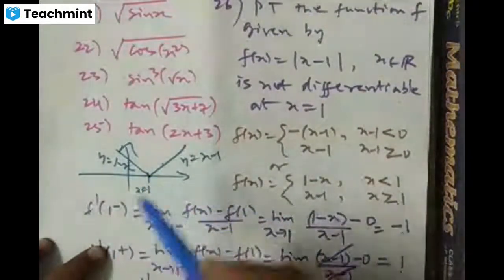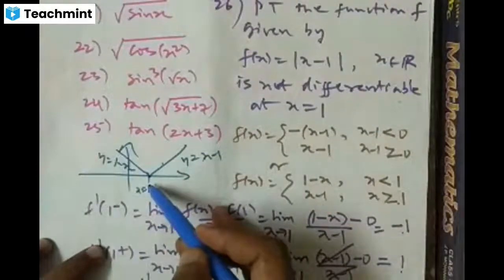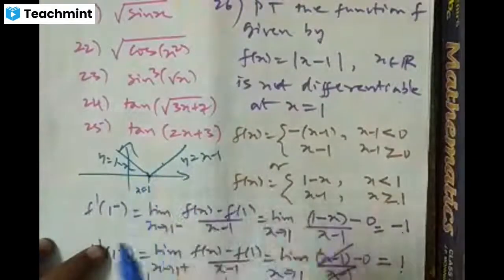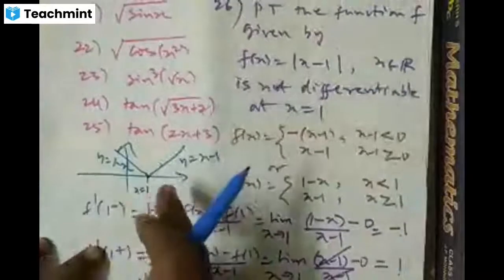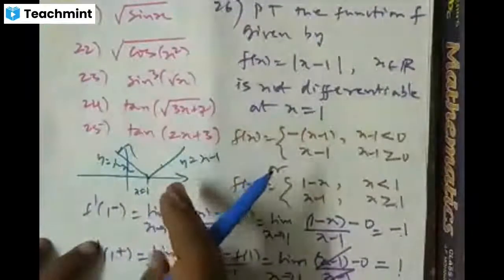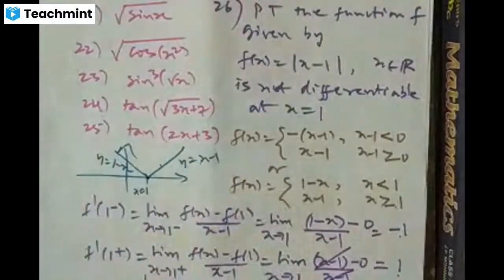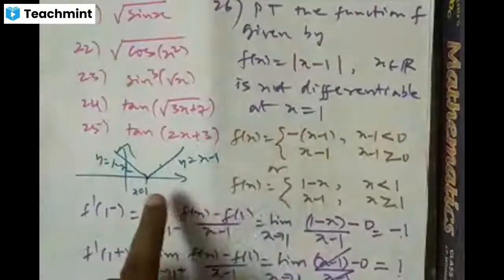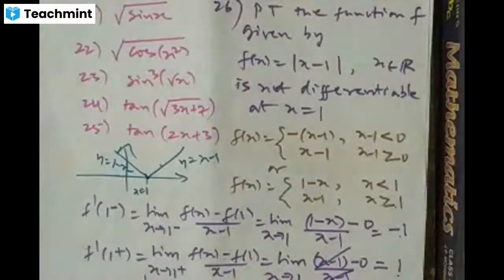So you just observe if there is any sharp edge at a point on the curve, then the function is not differentiable at that point. So this is a graphical method to check whether a given function is differentiable or not at the given point. So this given function is not differentiable at the point x is equal to 1. Okay, next one, last problem,